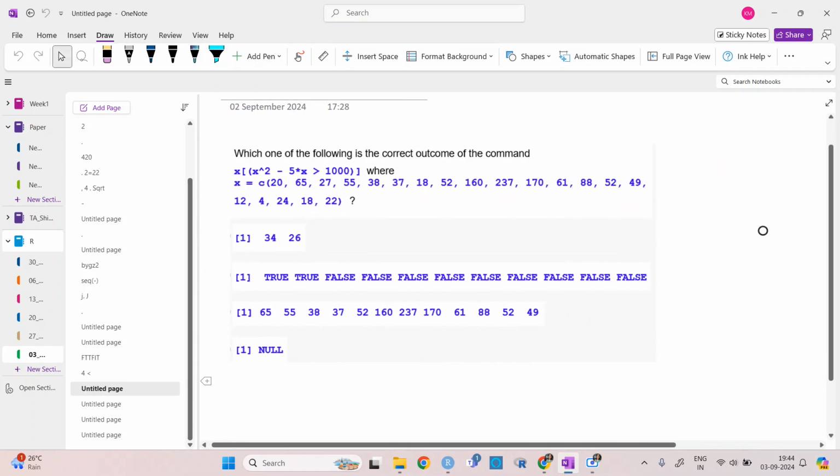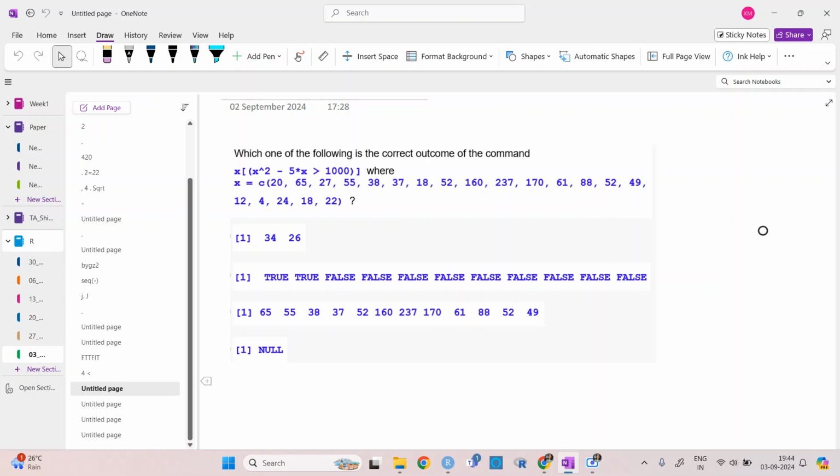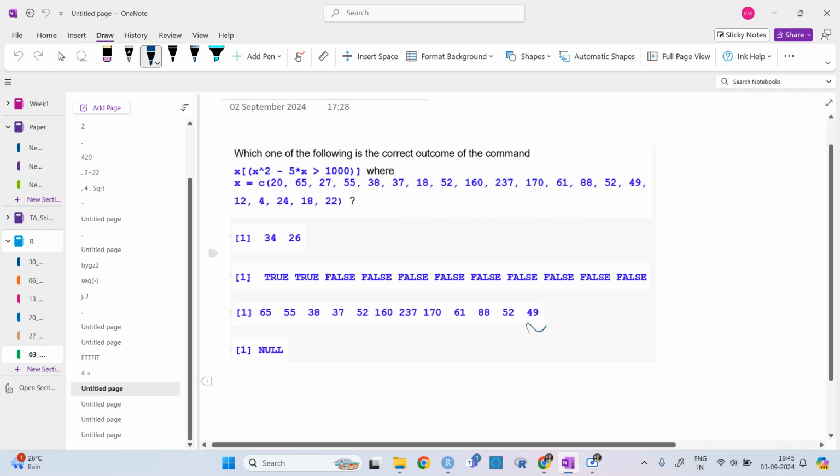Next. Option C. Okay, so I hope this is clear.